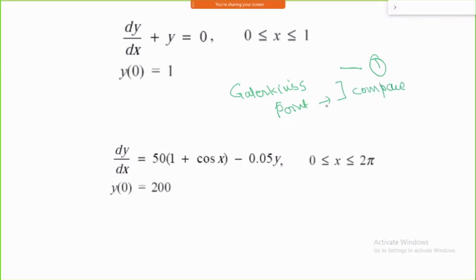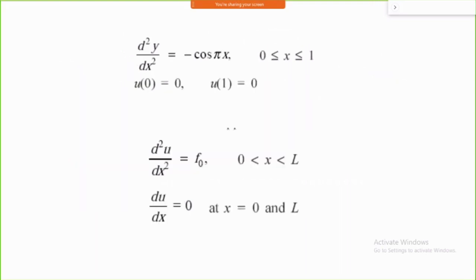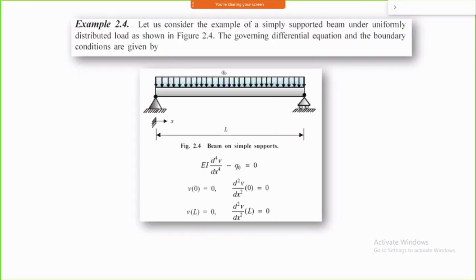So these are the few examples I put. This is one example, that is the previous one. This is a second example, then a third example, then this is my example. These are the differential equations to be solved. This differential equation may not be only for stress calculations or temperature calculation; it may be for any kind of thing. And this is typically the equation determined for stress calculation. This has a fourth order differential equation. This also is to be solved. Okay.